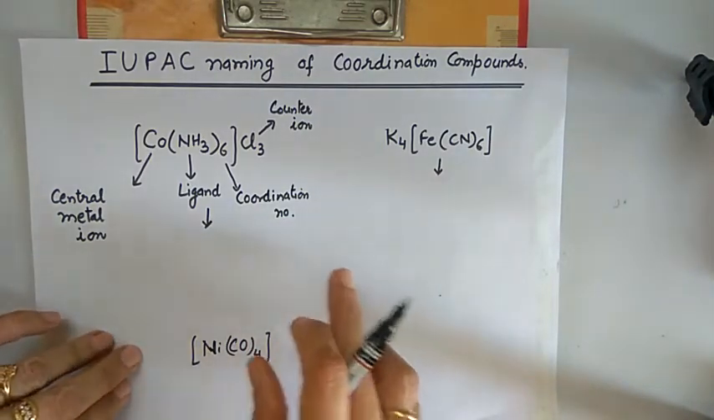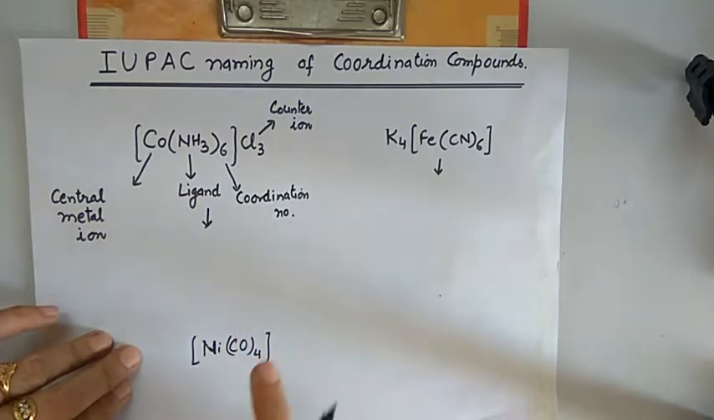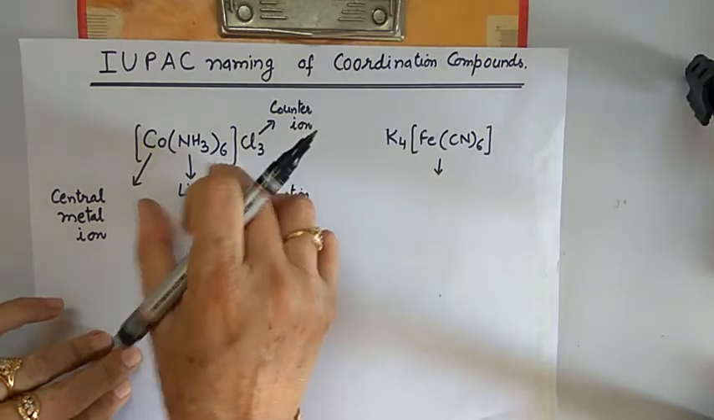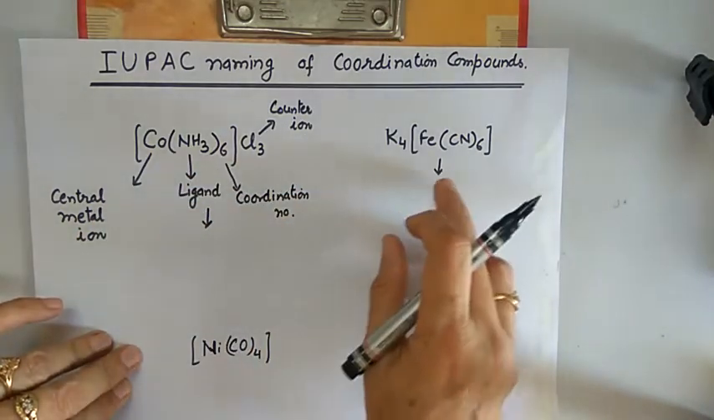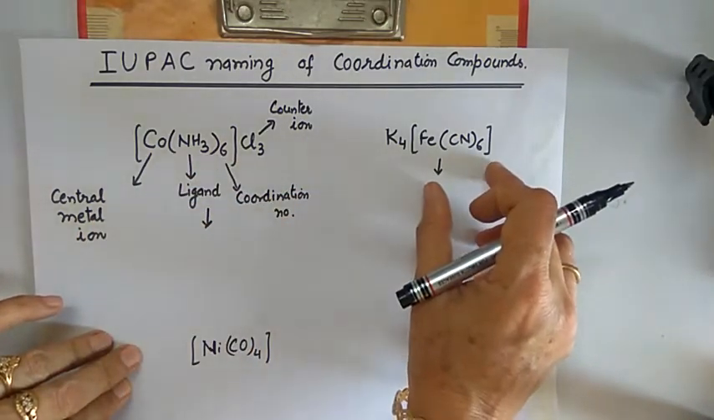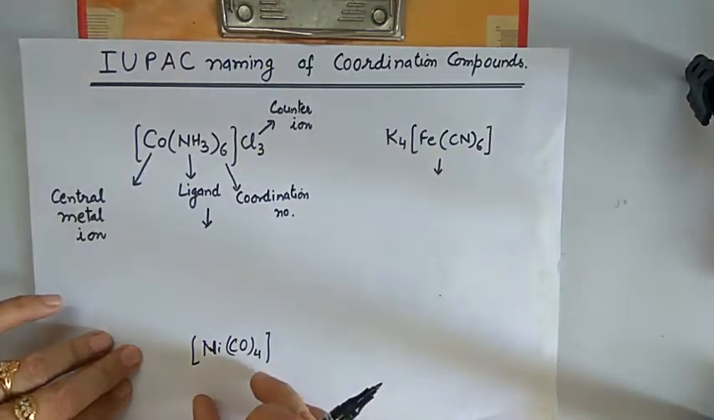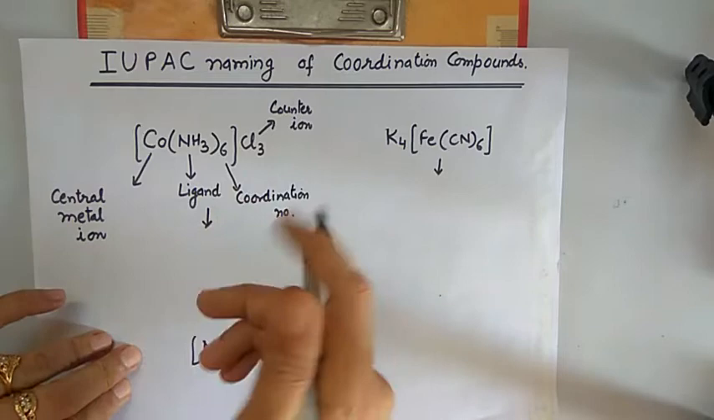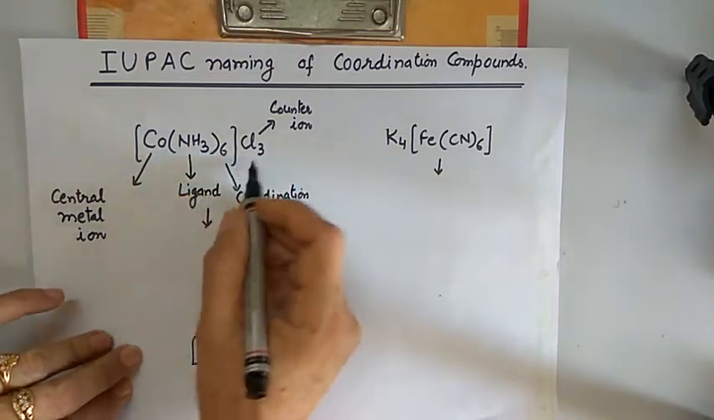In this video, I'll take up three types of coordination compounds. One, in which the complex ion is positively charged. Another, in which the complex ion is having negative charge. And third, when the complex ion is neutral. Look at this example. If this coordination compound